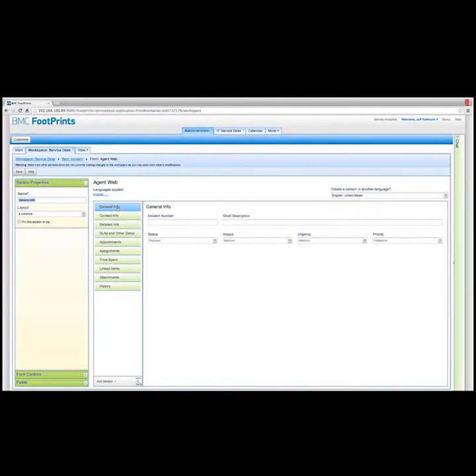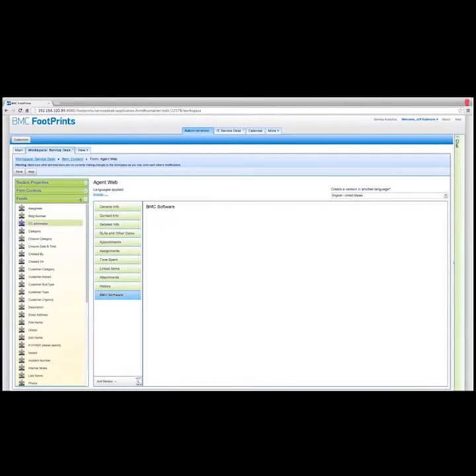Now, adding to or modifying this is very, very straightforward. You can see I can throw it away. I can click and modify on the left. Let's create a new section. There we go. I got a BMC section. Let's make that 2 columns wide. I can pin it to the top if I'd like. And then down below here I have my available fields that I can place on this form, or I've also got form control. So if I want a drop down, I simply drag it out, drop it on the form,